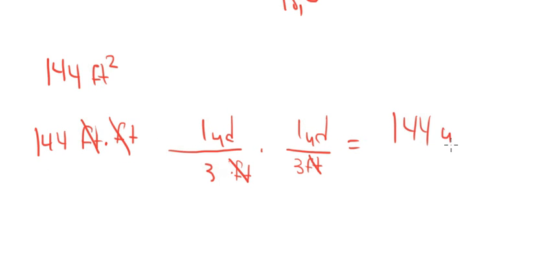144 yards squared, right? Divided by what? 9. Divided by 9. So when we divide 9 into 144 yards squared, we get 16 yards squared. Okay? That's not so bad. The only thing you have to know about this problem is, look at the board for a minute. Let me change the color so I can see.